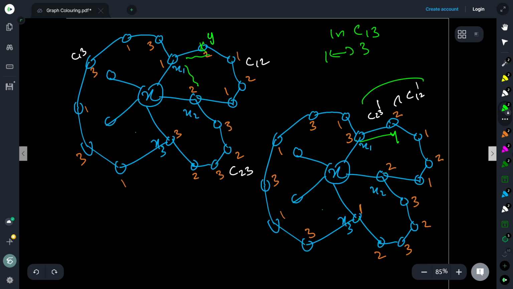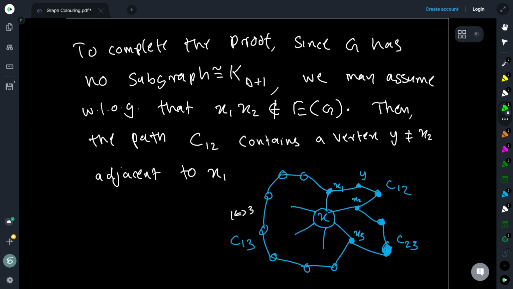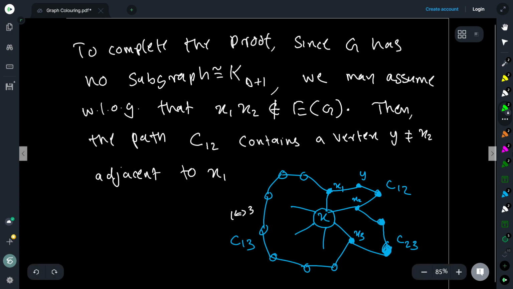So some vertex other than these is there, which contradicts fact 4, and therefore one of the assumptions we made must be wrong, and we made only the assumption that there is no such delta coloring for the graph. So we just observe this: since the graph is not complete, we can find some edge which is missing, and then we do this recoloring of one of the components, and we end up in a contradiction.